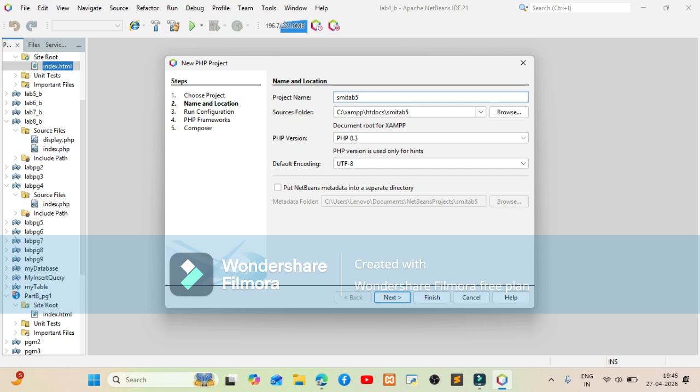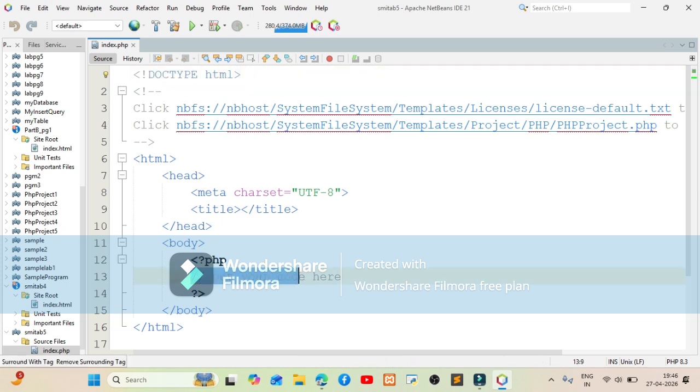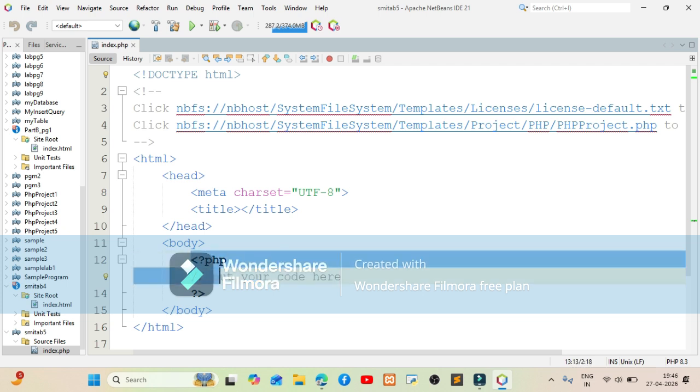The PHP version is 8.3 and the default encoding is UTF-8. Click on finish. You may wonder why the doctype is HTML. Since we will be using PHP script inside our HTML document, this is what we get. This is the boilerplate, and see the opening and closing tag of the PHP script.